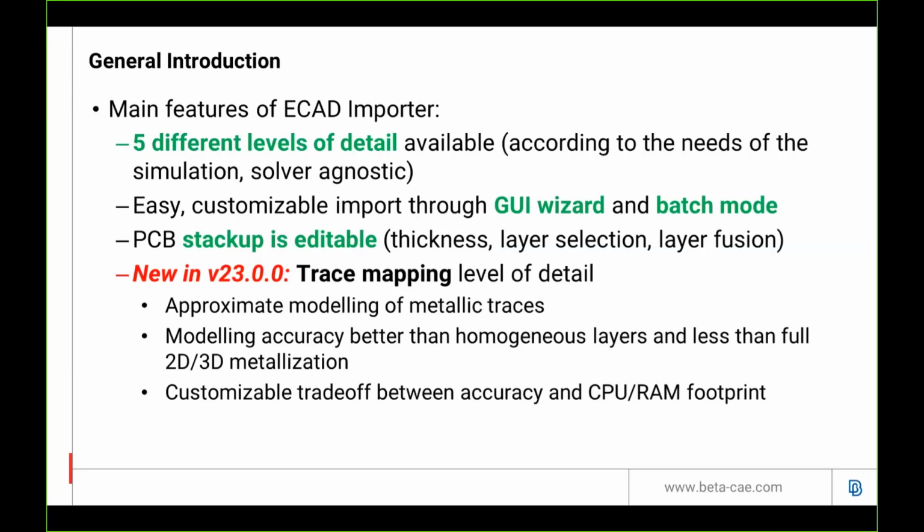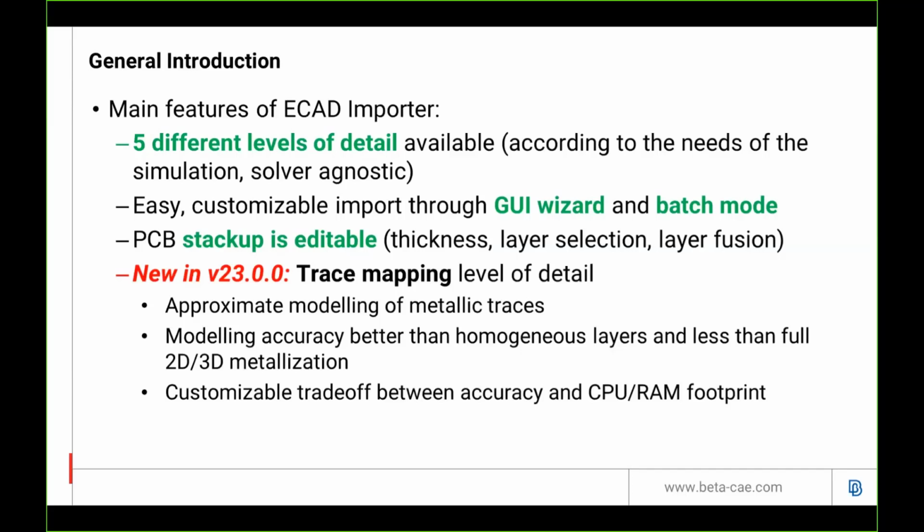And what is new in 23 is that we have introduced a new level of detail in the ECAD importer. In the previous versions, we had 4 levels of detail. Now there are 5. And the new level of detail sits right in between the previous ones. It has better accuracy than the homogeneous layers and homogeneous board of the previous versions, and it has less accuracy than the full 2D and full 3D metallization.